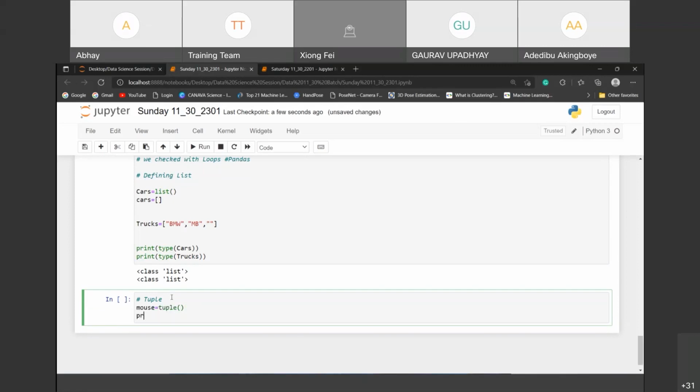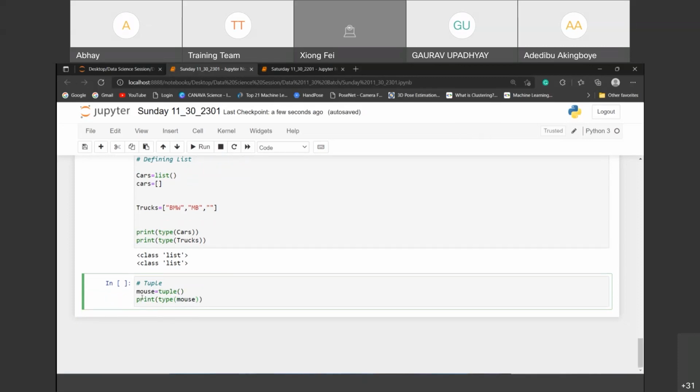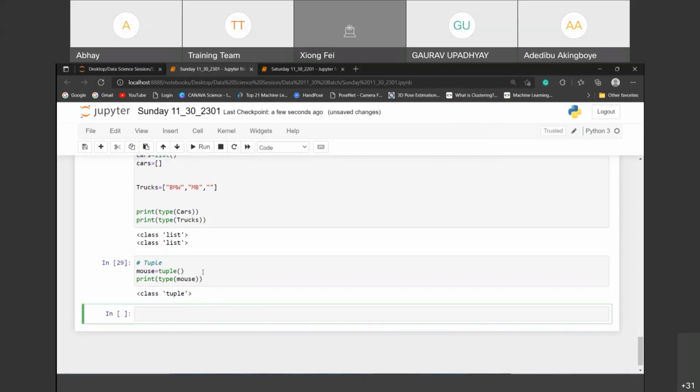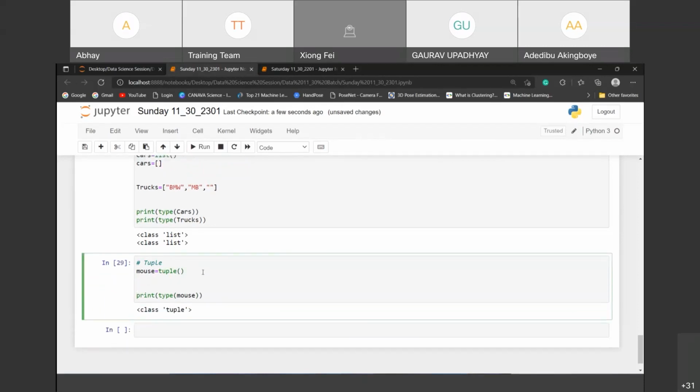Okay, and if I check the type of mouse, it becomes a tuple. But when I go for m is equal to tuple only, no, you have to pass it like this, and just pass mouse,